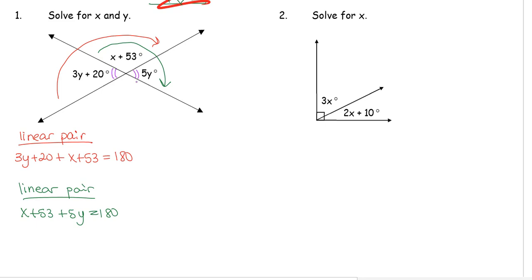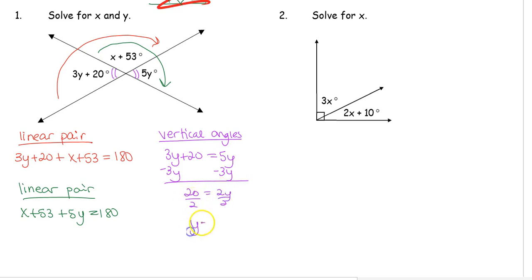Vertical angles are congruent. They have the exact same measure. So when I see these two vertical angles across from each other, anytime I have vertical angles, I can set them equal. So 3y plus 20 has the same measure as 5y. We move the smaller of our variables to keep our variable positive, divide by 2, and we get that y